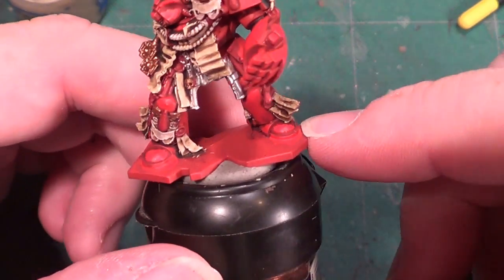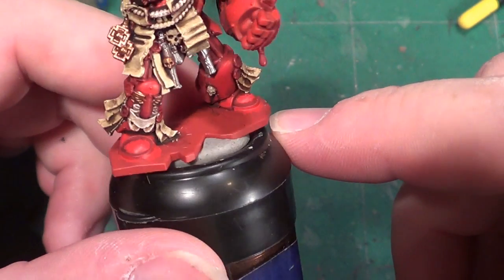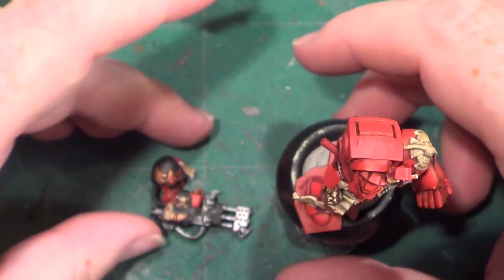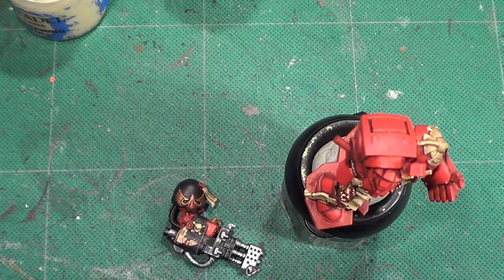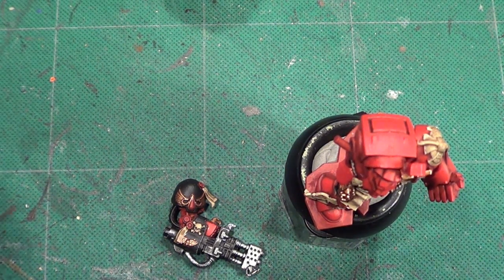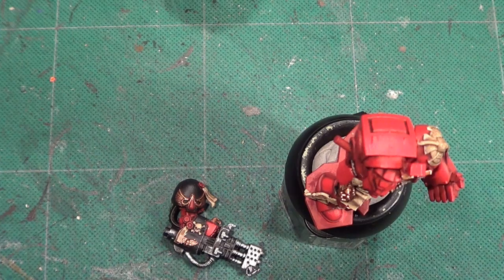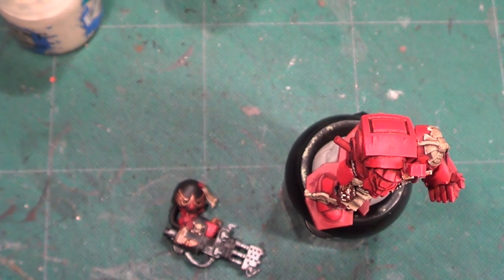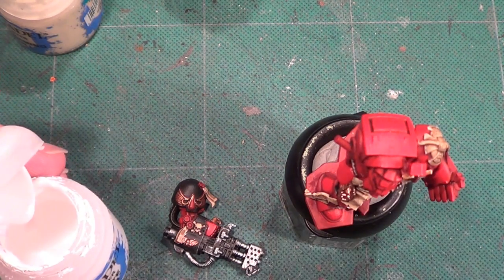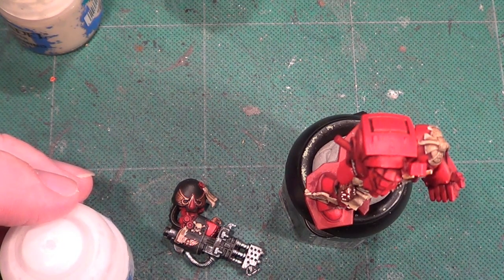Okay, we're back, and the Agrax Earthshade has dried. So what we're going to be doing now is a little bit of, surprisingly enough, highlighting. Okay, so what I want to do is we want to get our little brushy type thing, and we're going to be getting some of the Screaming Skull, which is that stuff there, and we want some of that on our palette. We also now want to have a little bit of the white scar, and we mix that on our palette in with the Screaming Skull out of quite a lighter shade,